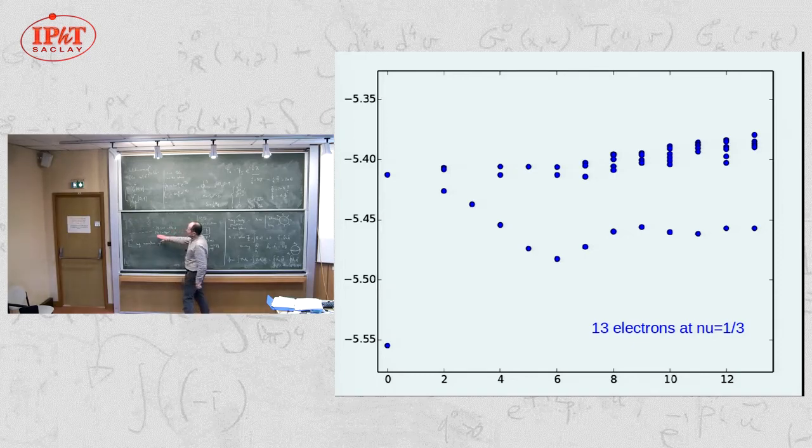So the lowest Landau level corresponds to a set of states with an angular momentum which is exactly S. The next Landau level corresponds to L equal S plus 1, and so on. So it's not the same angular momentum as in the absence of the field. It has a more complicated expression. Anyway, there is a symmetry. That's the symmetry of the rotation on the sphere. And you can classify states with respect to their value of the angular momentum.